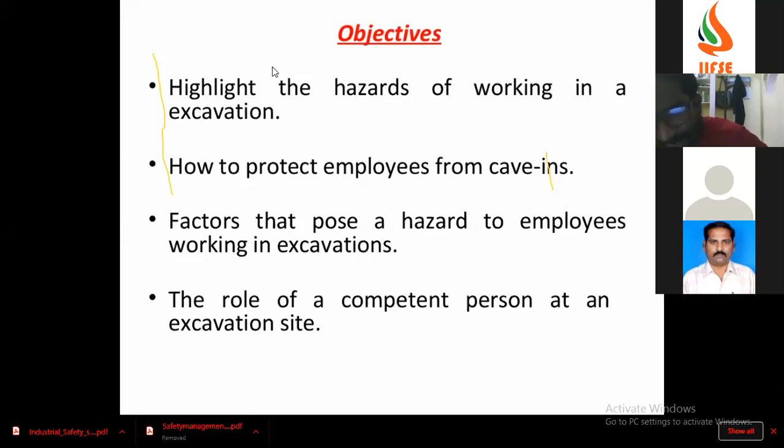What is the first thing? The hazards. Highlighting the hazards means finding out the hazards. What is the prime objective of a safety officer? To prevent accidents. Daily on site, we identify the hazards, identify who might be harmed and how, analyze the risk, give corrective actions, and then review. These are the five basic things a safety officer will do.